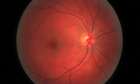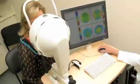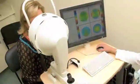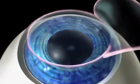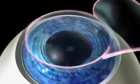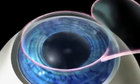And once we determine through a whole battery of tests, which takes anywhere from an hour, hour and a half, we then determine if you're a good candidate. When we do the bladeless LASIK, we have many advantages, and one of them is the fact that we have a consistent, very thin flap that allows for, number one, better healing, quicker visual recovery, and more stability in terms